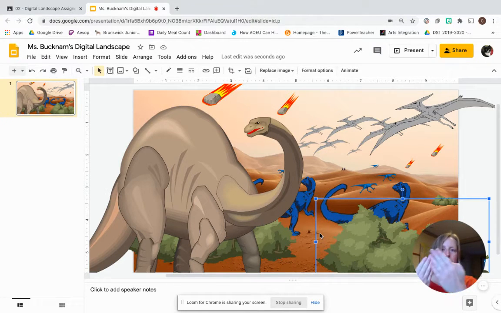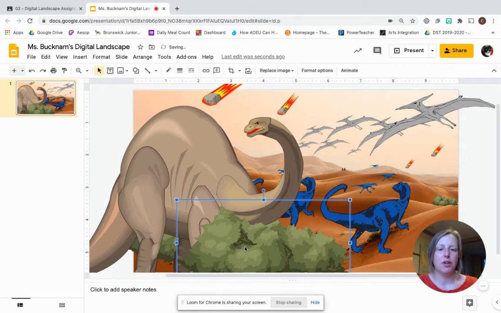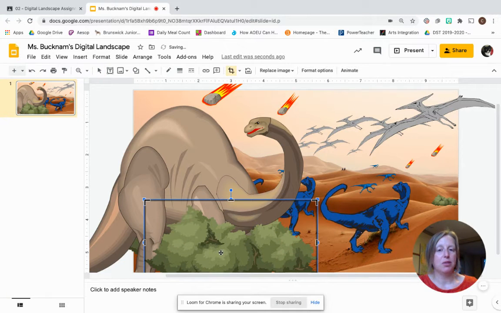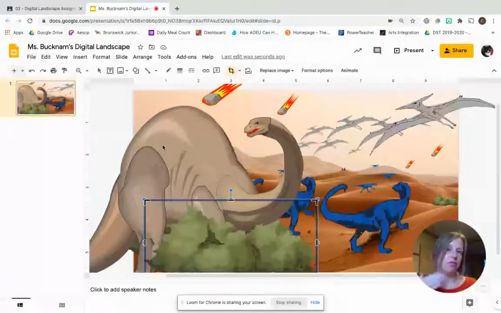I'm talking overlapping objects. So let me show you. If I slid this bush over, now this bush is overlapping my dinosaur, which would make this bush look closer to us than my dinosaur. If I wanted my Brontosaurus to look closer than the bush, I would need to change the order. And to do that, if I want to bring my dinosaur to the front,